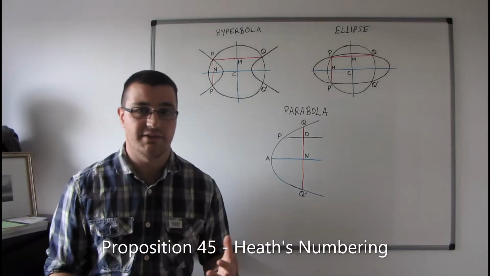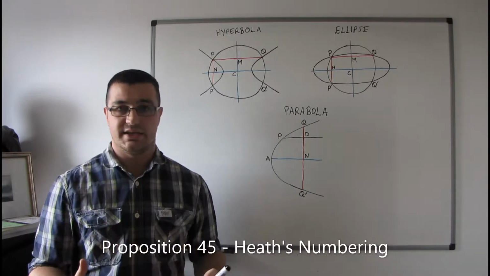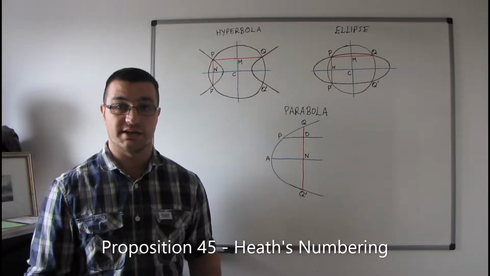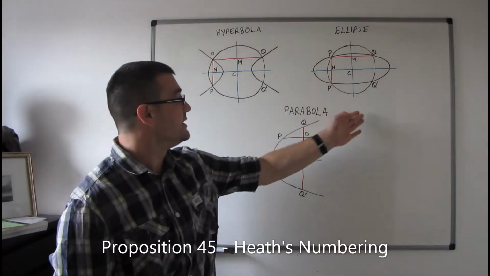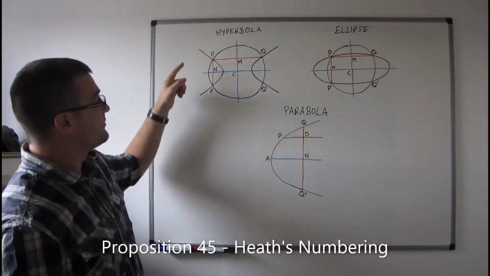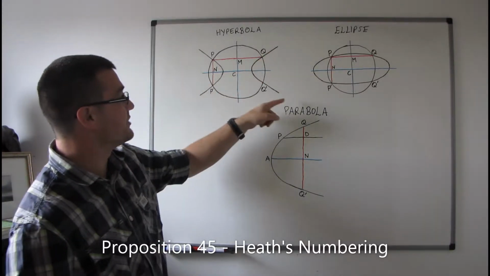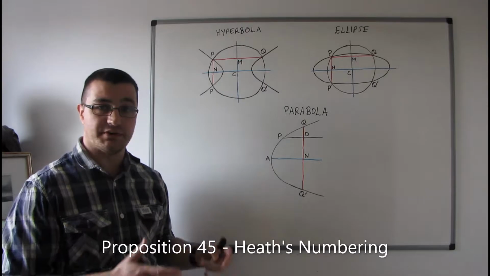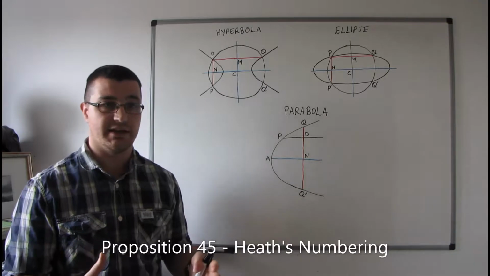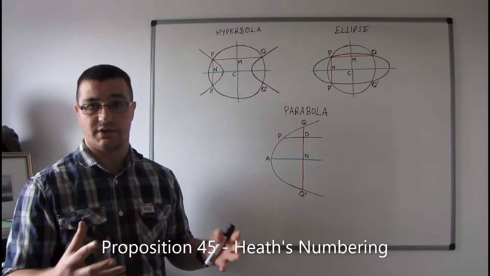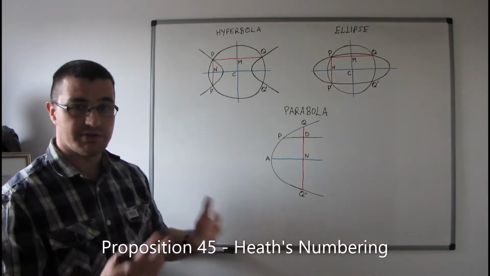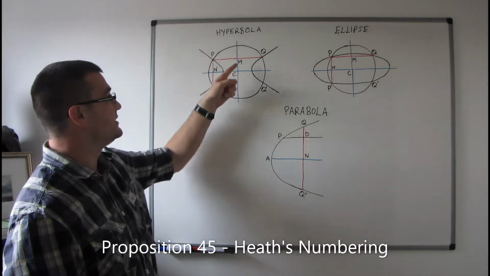So proposition 45, what it's concerned with is finding some of, if not all of, the axes of a conic section. So there's three different cases: hyperbola, ellipse and parabola. So in the case of the hyperbola, if this is our hyperbola here, two branches, then using proposition 44, which I haven't mentioned, but proposition 44 gives a way of finding the centre of a central conic section, so a hyperbola or an ellipse. So using proposition 44, we'll locate the centre of the hyperbola,